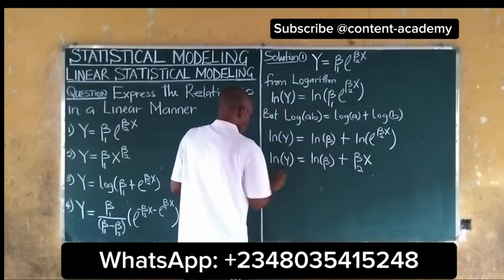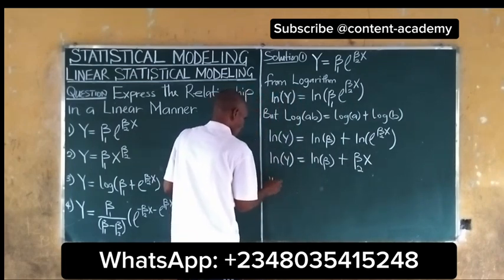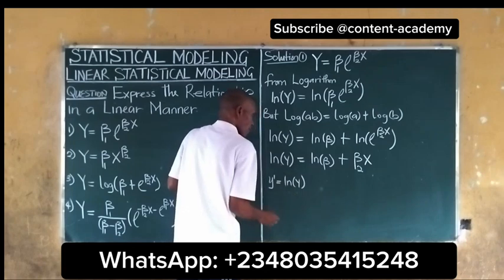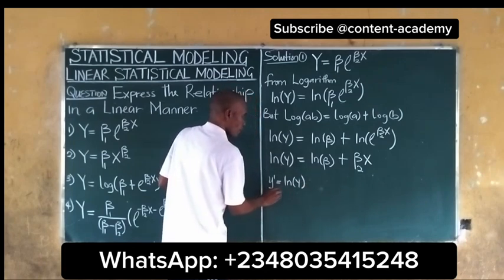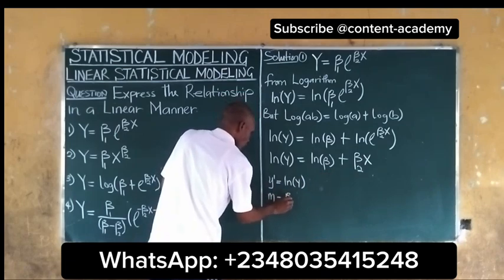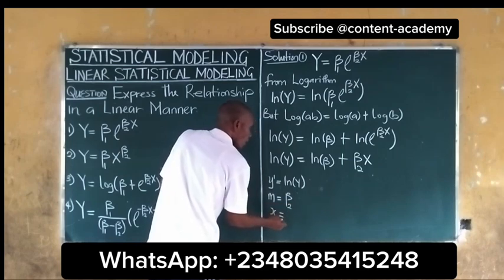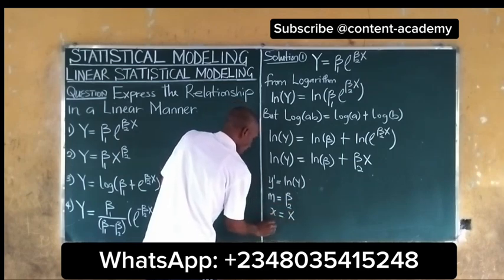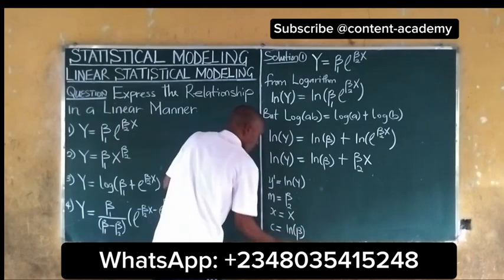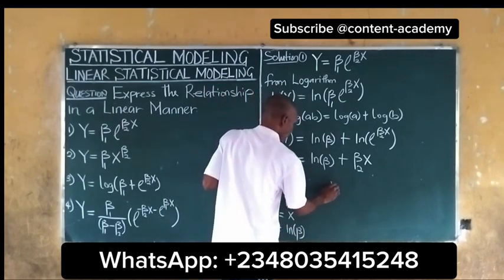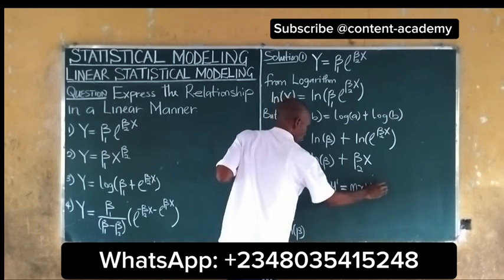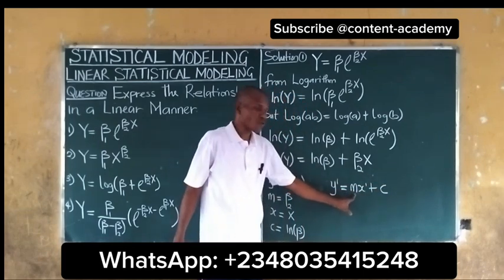Of course, we can compare with our linear form, y equal to ln y. We also have our slope, which is m, equal to b2, x equal to x, and our c, which is the intercept, equal to ln b1. So we can simply write y equal to mx plus c, where m is our slope and where